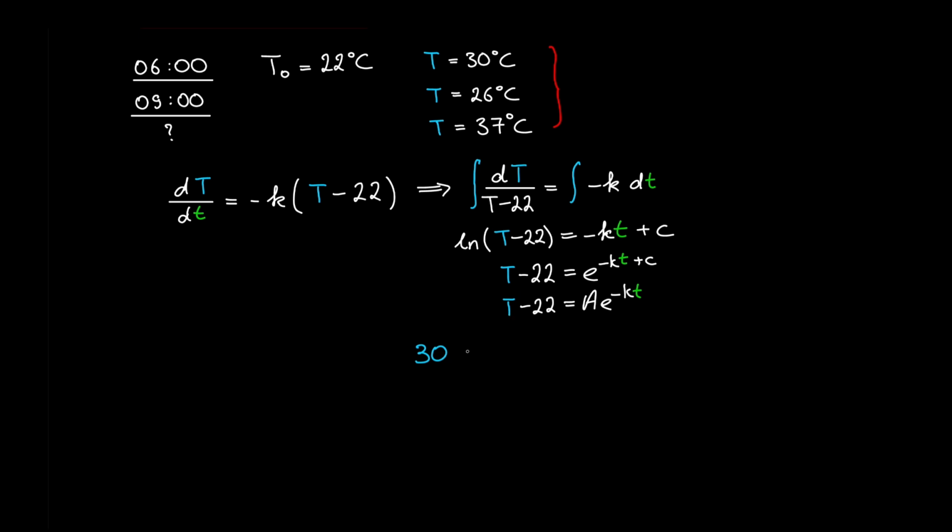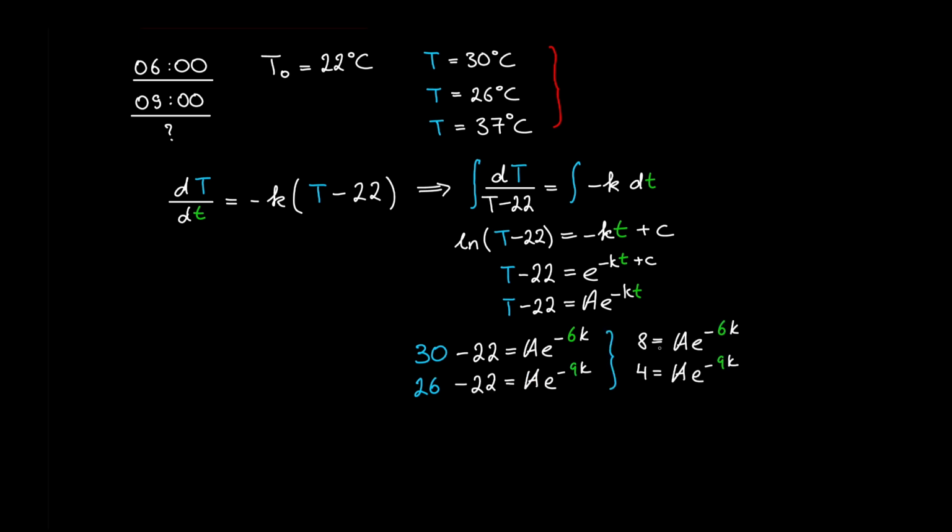So I plug that in, T minus 22 is equal to A times e raised to the power of negative k times 6. And then I can also use the other initial condition, which states that the temperature of the body dropped down to 26 when it was already 9 a.m. So 26 minus 22 is equal to A times e raised to the power of negative 9k. Simplifying the left-hand side of both equations, we get a little simultaneous system of equations, which we can solve simply